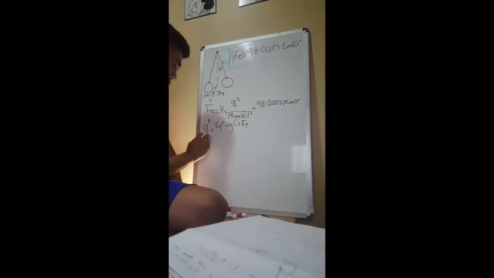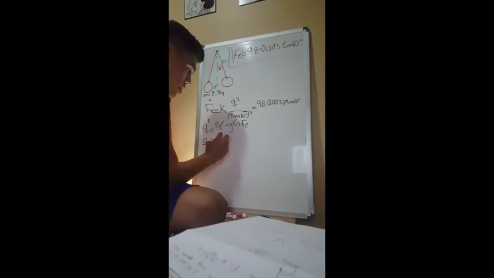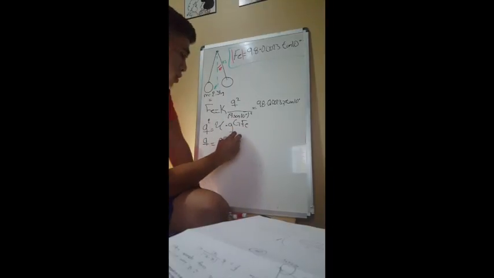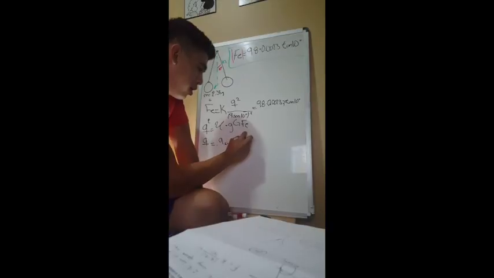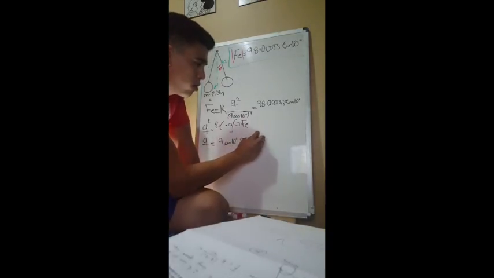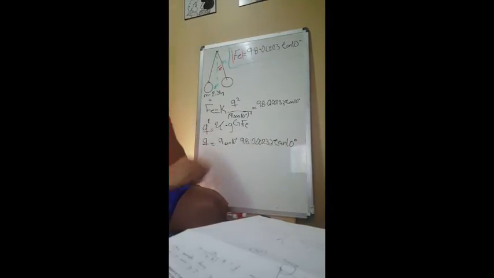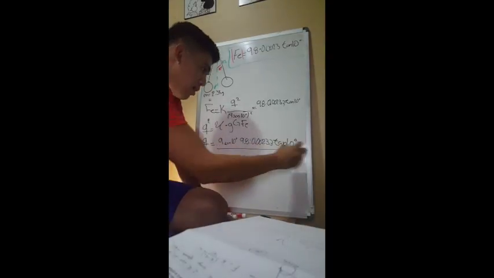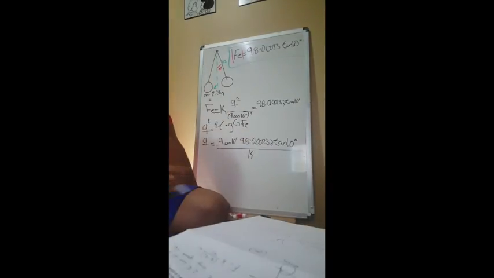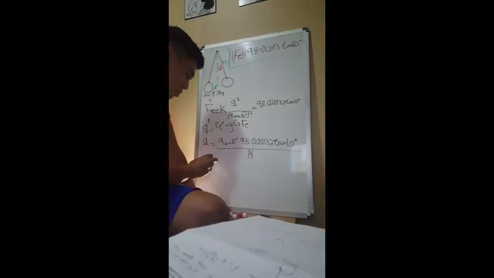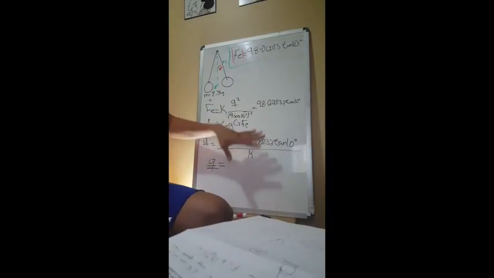Most likely Q equals 0.9 sine 10 degrees, and let's multiply by 9.8, 0.03 tangent of 10, right? And this one is going to be divided by the value K, which is the one that I put at the beginning of the problem, and most likely what we got in here will be the result of all this problem. Okay,